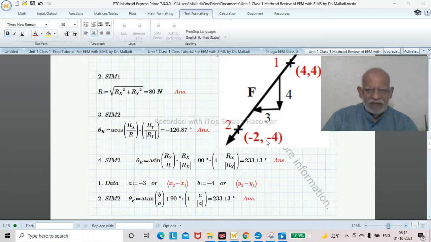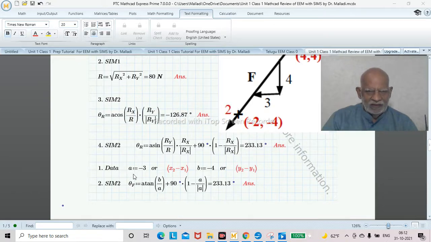Then sometimes the data is given in terms of proportionalities, okay, proportional components. Again, I put the algebraic value of A as well as B, or a difference in coordinates of points, okay, point 1, point 2, as is shown here. Then you can use arc tan. Usually, when you do this, you do it by calculator, and then depending upon the sign of the cosine, you